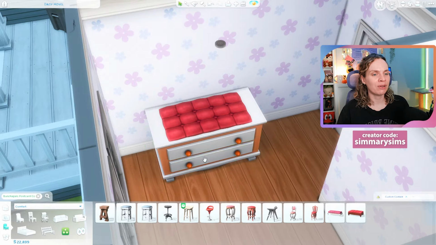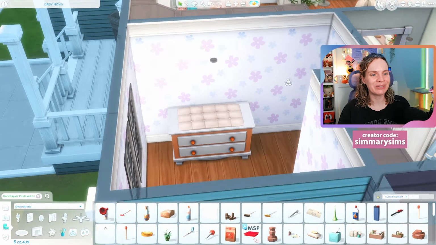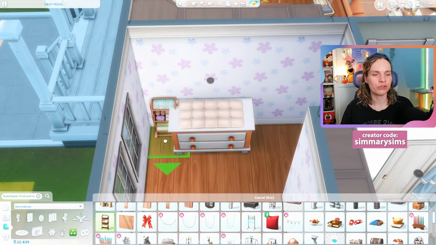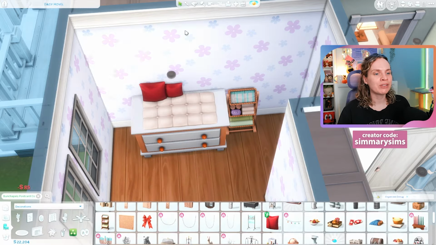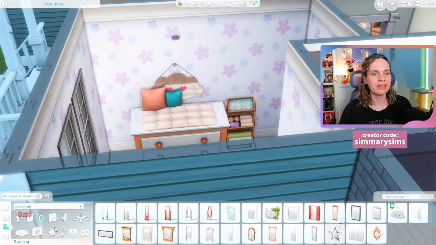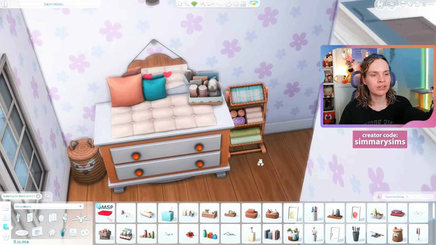And then here we have the nursery, which I am actually happy about. I used this orange dresser that I turned into a makeshift changing table because we don't have changing tables in the base game. I'm still kind of upset about that. They gave us changing tables with just Growing Together, but none in the base game. I don't get it. When they first released Infants, they should have just given us